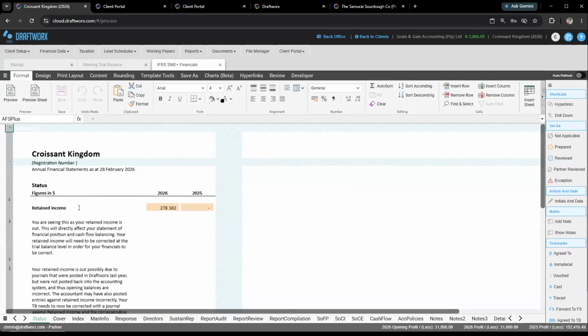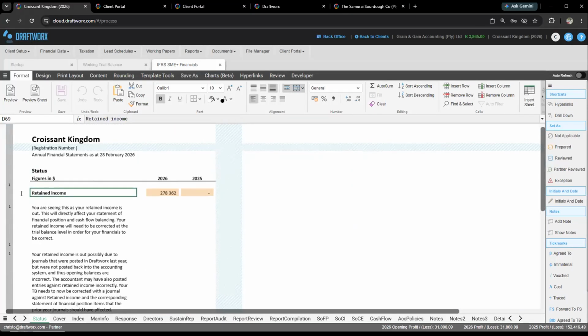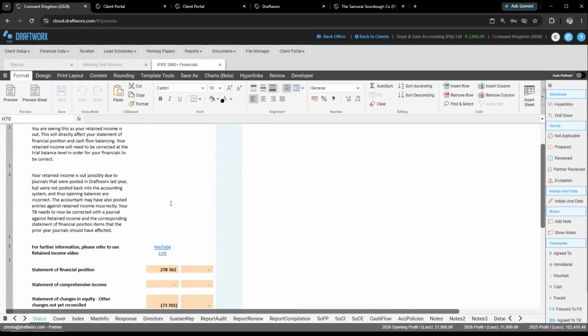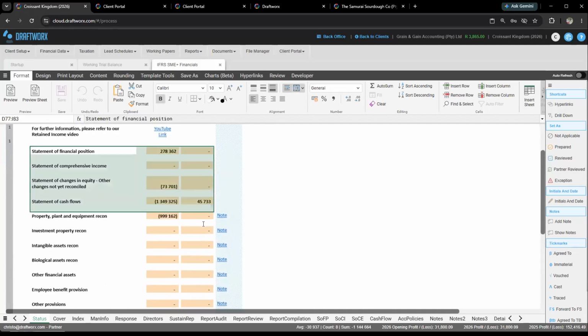Cool. So first thing, we will see that our figures in has now changed to dollar, so it actually automatically changes. However, the other thing that we see that makes us a little bit sad is retained earnings is out of balance. If we scroll down, we can see all kinds of other things are out of balance. And again, that is because